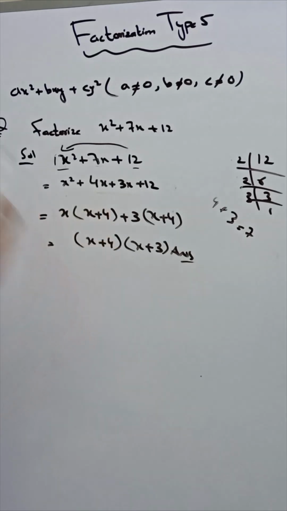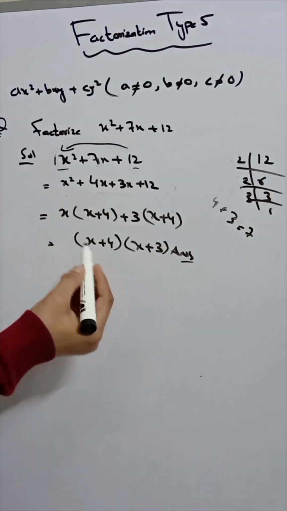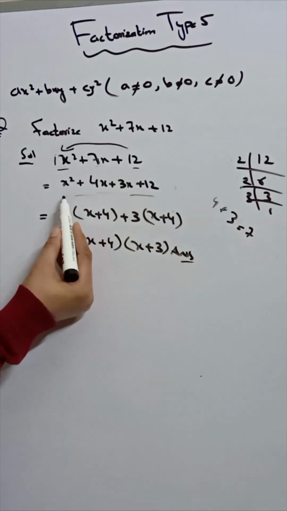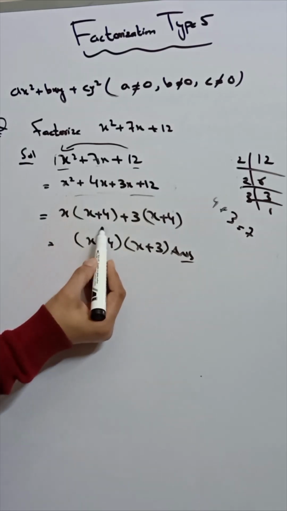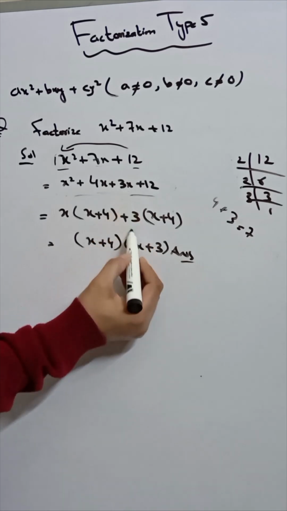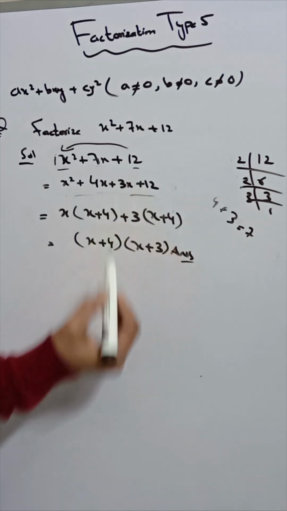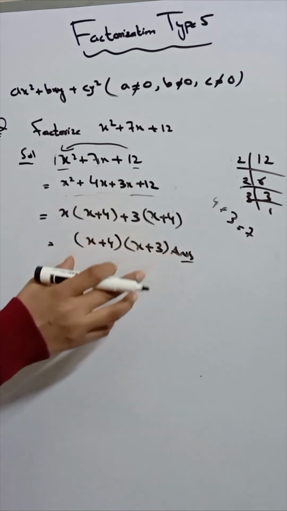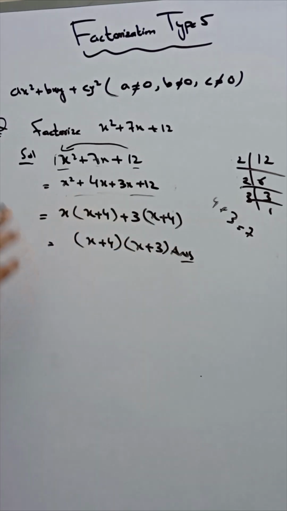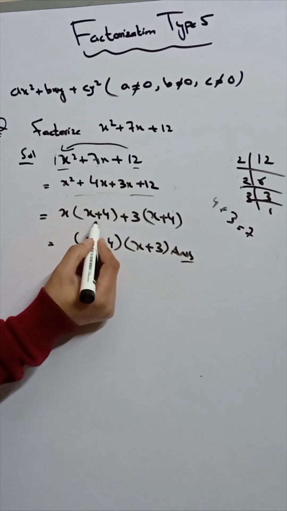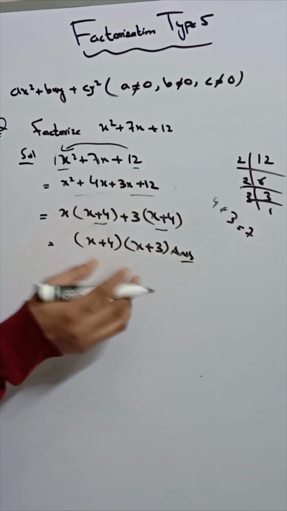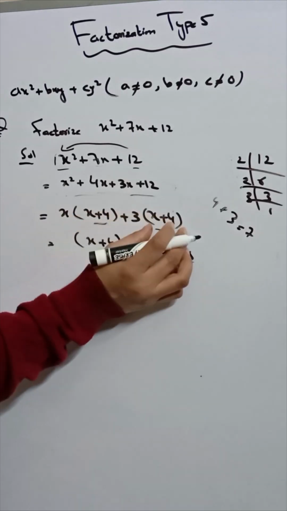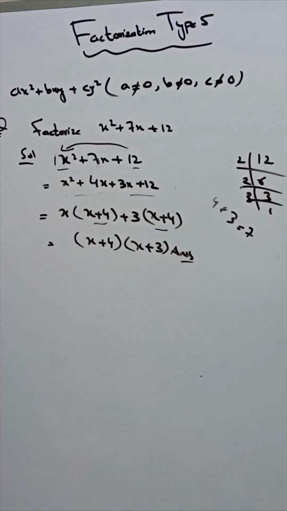Now in the next third step, you have to make pairs of it, the first two terms and the last two terms. I can easily take common from it. x, what is left? x plus 4. You got it? Next plus 3, x plus 4. 3 fours are 12. In the third step I am making pairs of it by taking common from it. And remember, the terms in the bracket always remain the same. It's a must to get the same bracket.